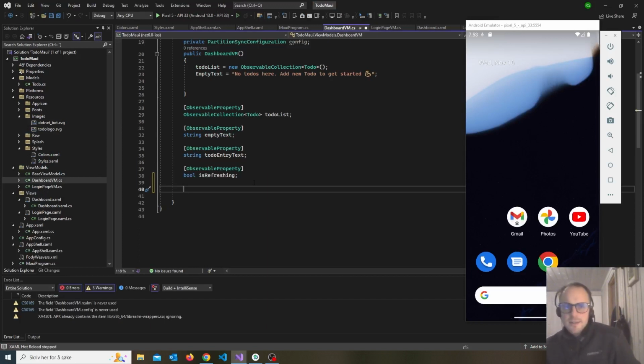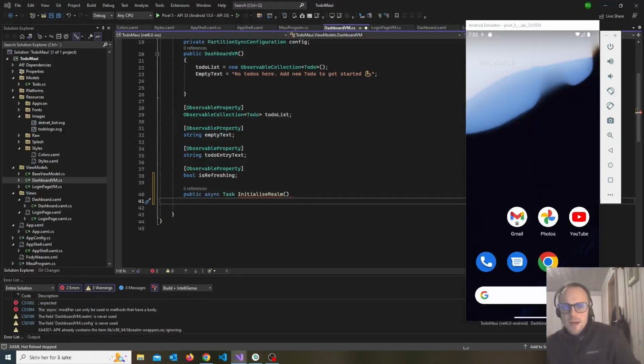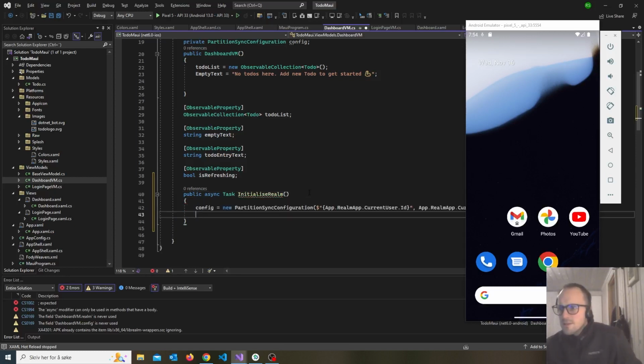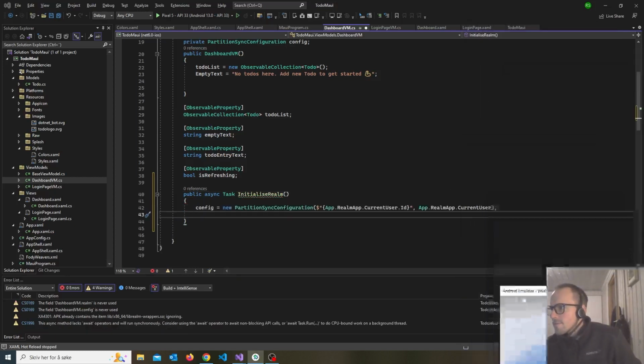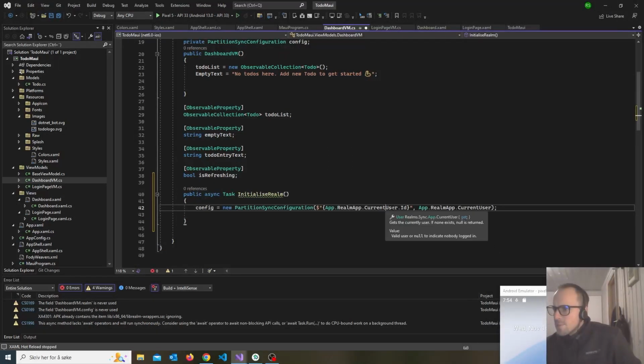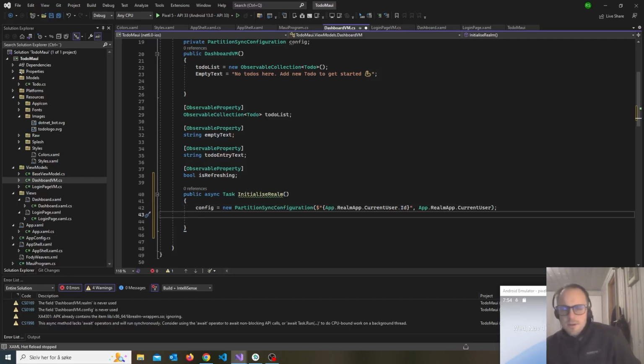We can add first code, initialize Realm, and in this method we can add a config with the Realm app current user ID and current user as a login config, and we can get the instance of the Realm,